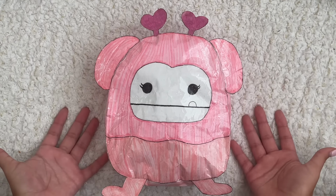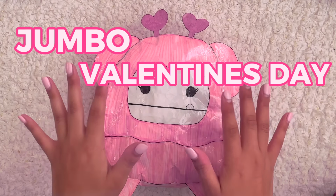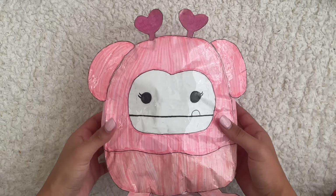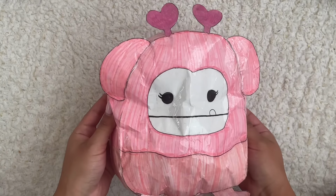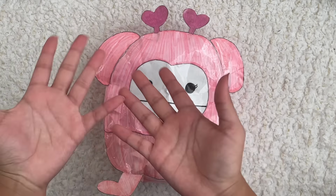So today I'm going to show you guys how to make this super adorable jumbo Valentine's Day Squishmallow paper squishy. I think she turned out so adorable, guys, and look how she squishes. It's so satisfying and I can't wait for you guys to follow this tutorial. And it's just in time for Valentine's Day, so you guys can make it for either yourselves or your friends